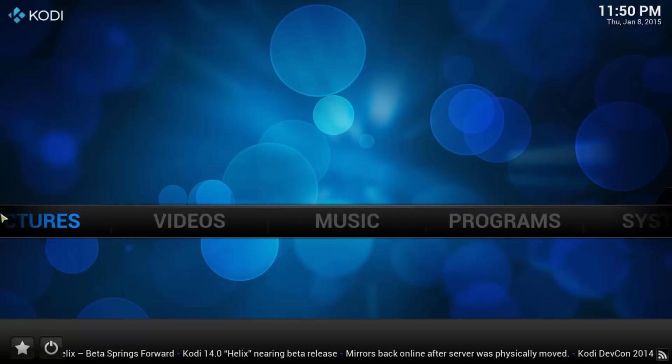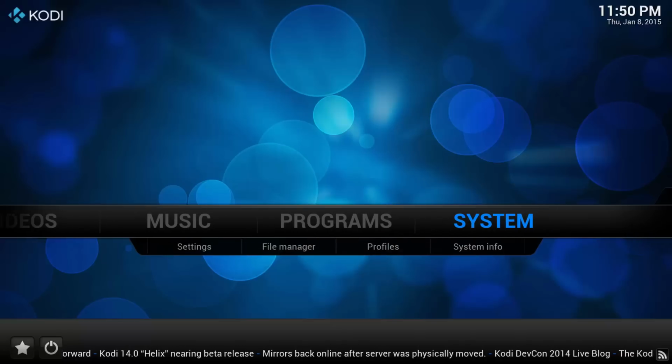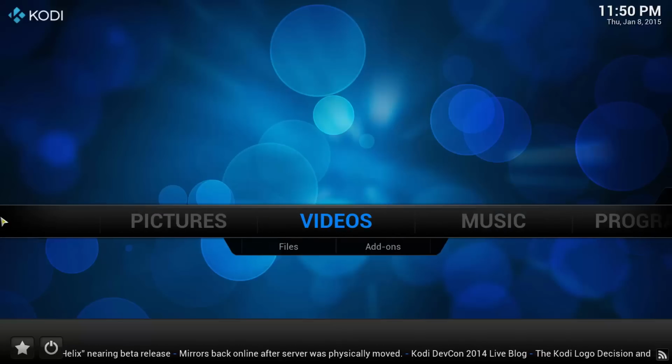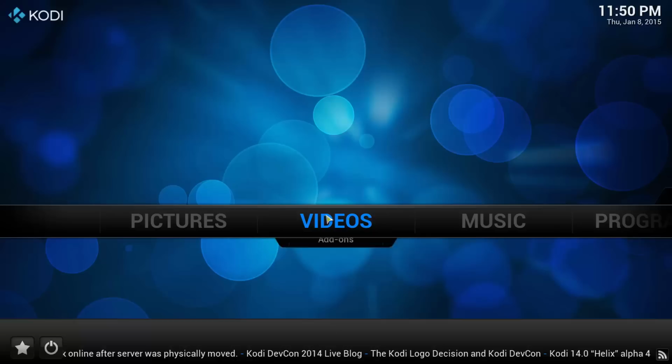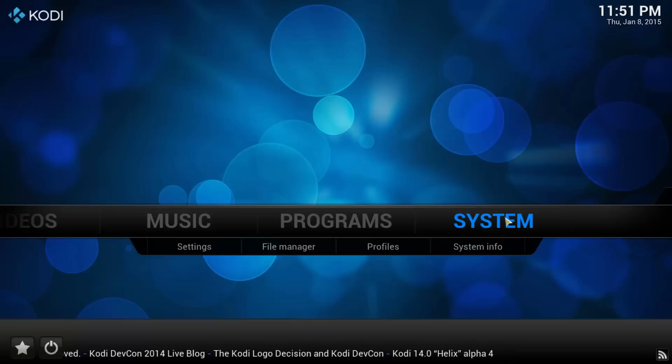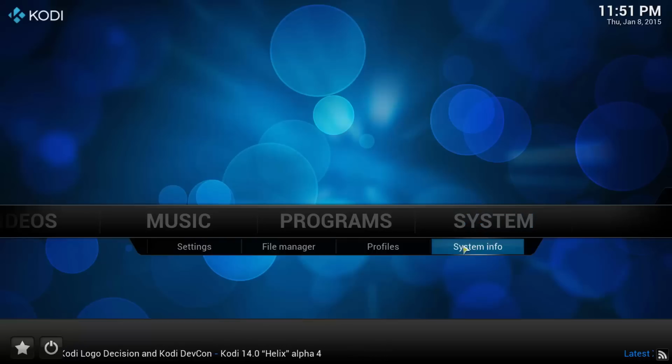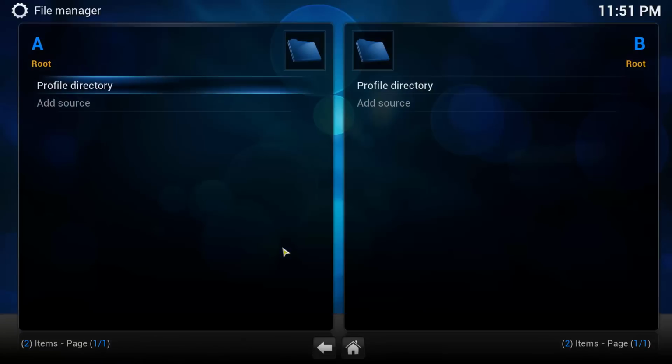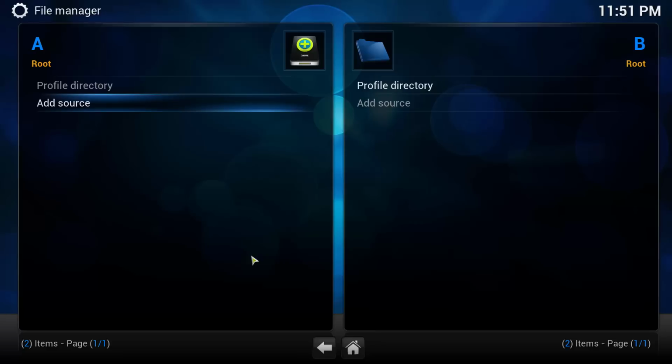Okay, to set this up initially, you want to go to System. And then when you mouse over System, you'll have this drop down menu which says Settings and File Manager. You want to click on File Manager, and then in File Manager you'll have this screen which says Profile Directory and Add Source. What you want to do now is click on Add Source,